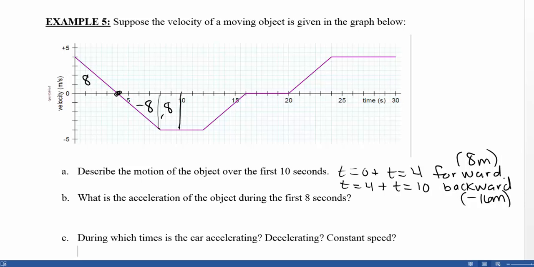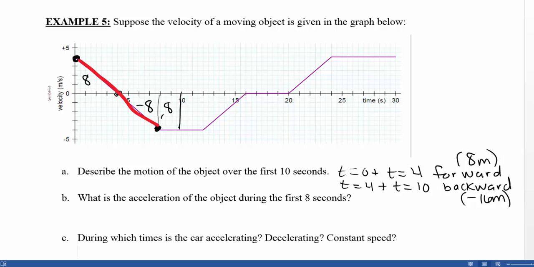Part B wants to know, what is the acceleration of the object during the first 8 seconds? So time equals 0 to time equals 8 is this line that starts at 0 and decreases all the way until 8. So this line here. And so we have the graph of velocity. And remember, acceleration is the derivative of velocity. So since that's a line, we remember that the derivative of a linear function is the slope of the line. So if we're able to calculate the slope of that line, then we'll know the acceleration from time equals 0